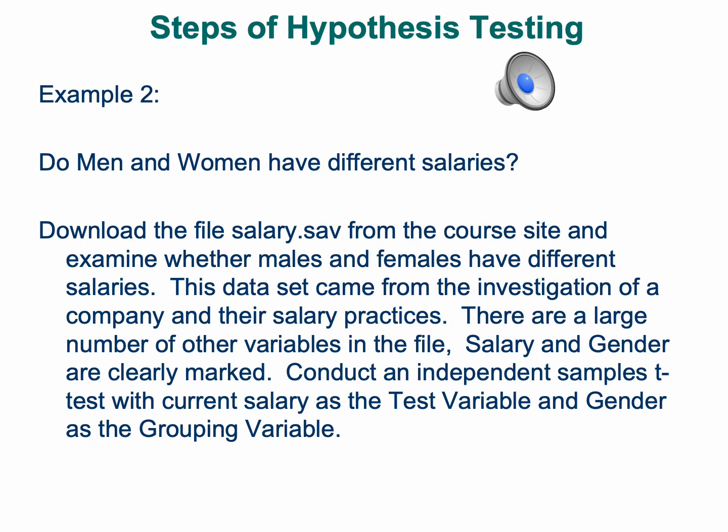Finally, for this section, why don't we do another example using SPSS. There's a data set at the course website called Gender and Salary, or Salary Data, something like that. There's a link there. When you click on it, it downloads a file called salary.sav. Now, this data set was collected from a company that was being investigated for discrimination in salaries. And so it's a large data set with all the employees and what their salary levels are, their gender, their education, their seniority, all kinds of things are in the file. There is a variable called current salary, and of course there's a variable called gender. So do